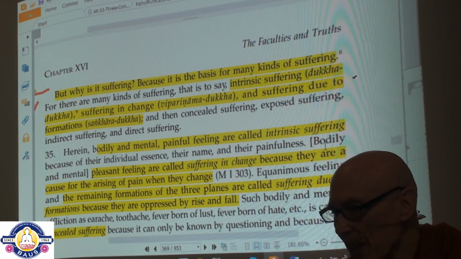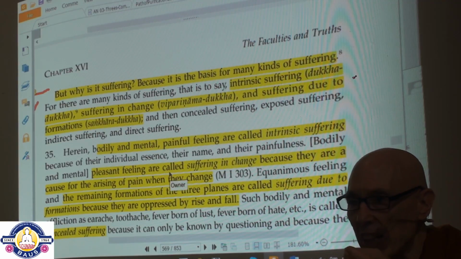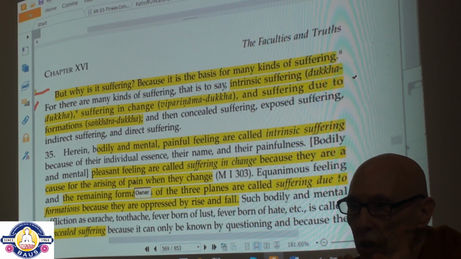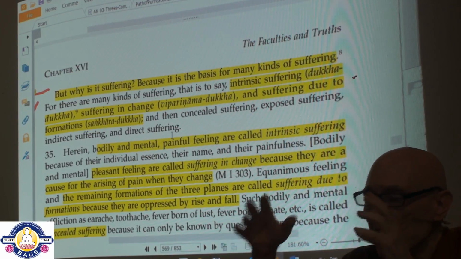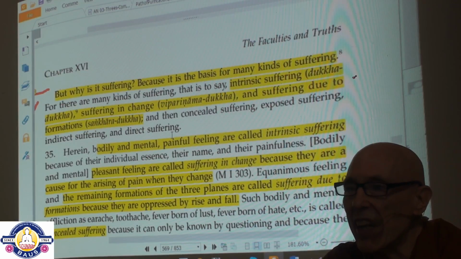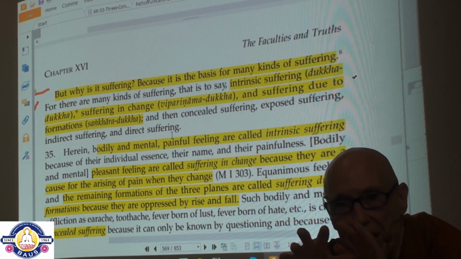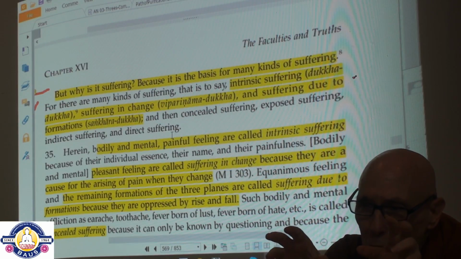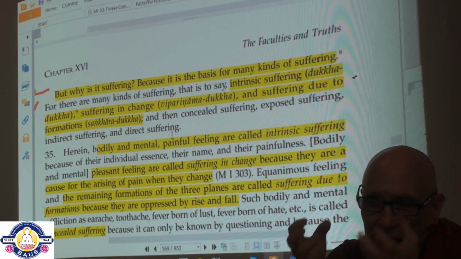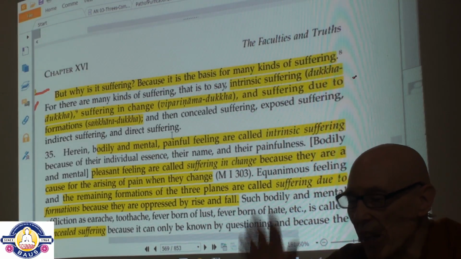Okay, now it's said that bodily and mental pleasant feeling are called the dukkha of change, because they are a cause for the arising of dukkha, of suffering, when they change. So this is not saying simply that pleasant feelings change and fade away and then pain arises, but rather that the pleasant feeling itself, when we look into it deeply, is a kind of subtle form of dukkha, because that feeling is bound to change. And then if we cling to that pleasant feeling, when it changes, it's going to give rise to pain. And so even while it's lasting,